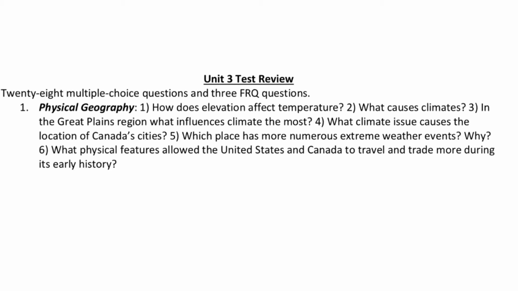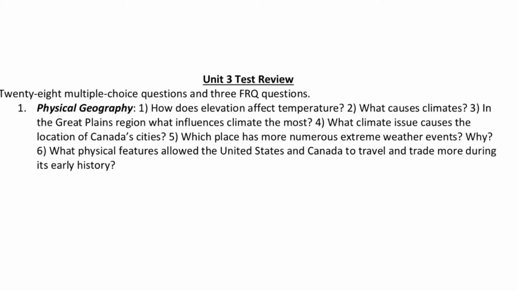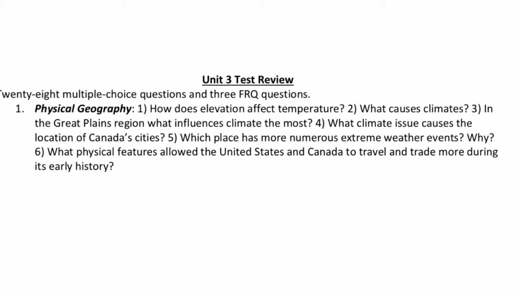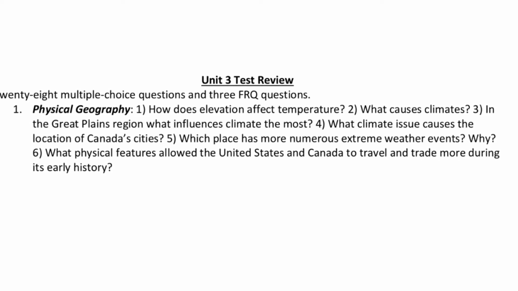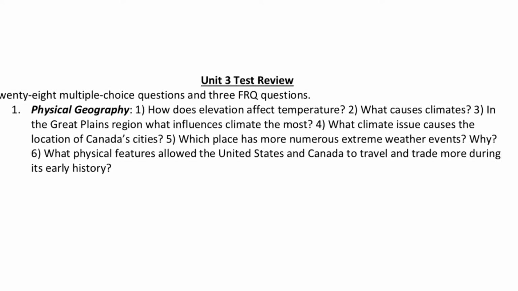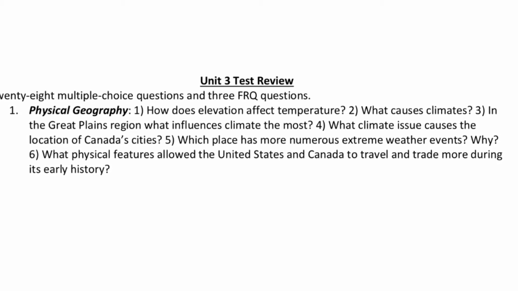Number 5, which place, meaning United States or Canada, has more numerous extreme weather events, and why? The United States is going to have more extreme weather events because there's more climate variation in the United States. In Canada, cold basically explains the climate. Now, the further south you get, the warmer it is, but calling that warm is still a stretch. But Canada has less dramatic shifts and less dramatic weather events than the United States does, because the United States